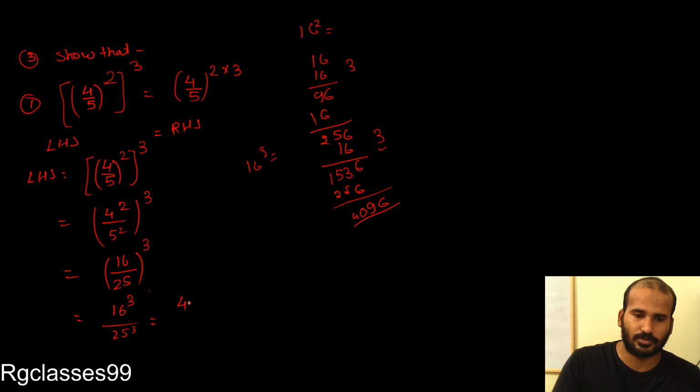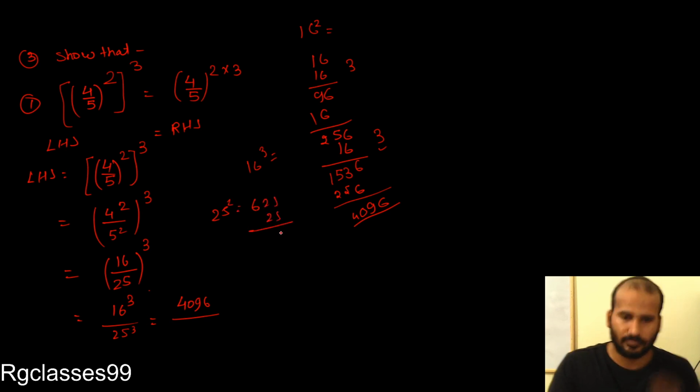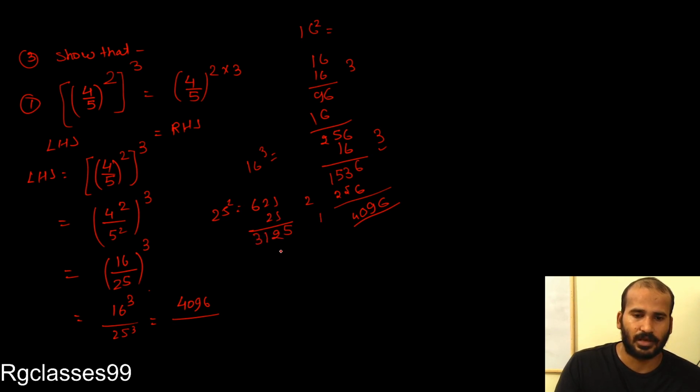And we know that 25 square is equal to 625, and when we multiply 25 again, so we will get what? Just look at 5 times 5 is 25, 5 carry 2, 5 times 2 is 10 plus 2 is 12, 2 carry 1, 5 times 6 is 30 and 31. And when we multiply by 2, 5 times 2 is 10, 2 times 2 is 4, 1 5, and 6 times 2 is 12. So 5 2 6 5 1. So this will be 15625.